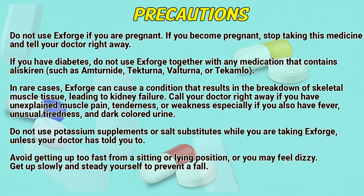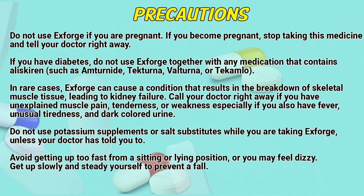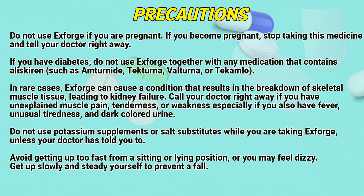Precautions: don't use Exforge if you are pregnant. If you become pregnant, stop taking this medicine and tell your doctor right away. If you have diabetes, don't use Exforge together with any medications that contain aliskiren, such as Tekturna, Valturna or Tekamlo. In rare cases, Exforge can cause a condition that results in the breakdown of skeletal muscle tissue, leading to